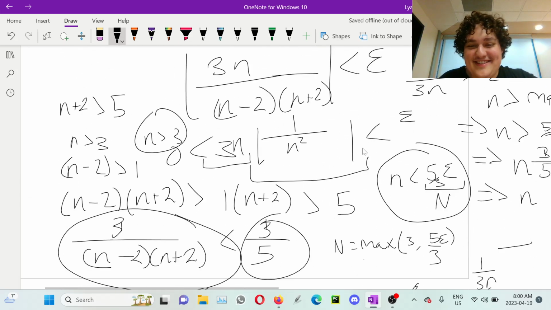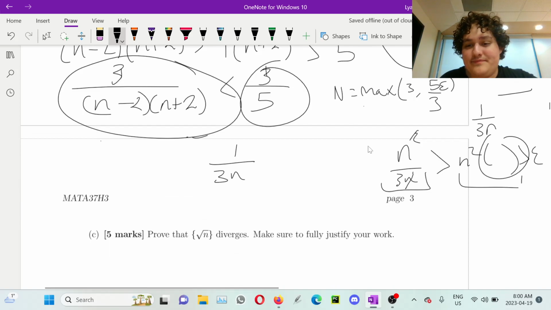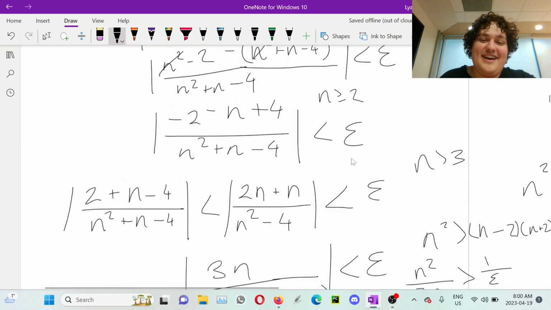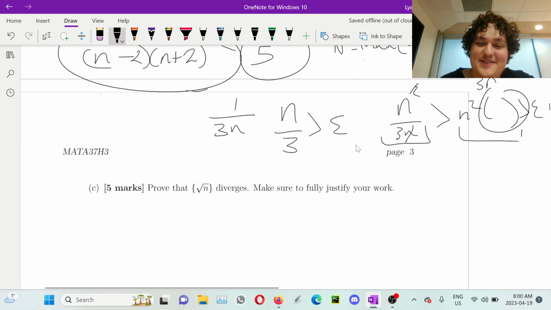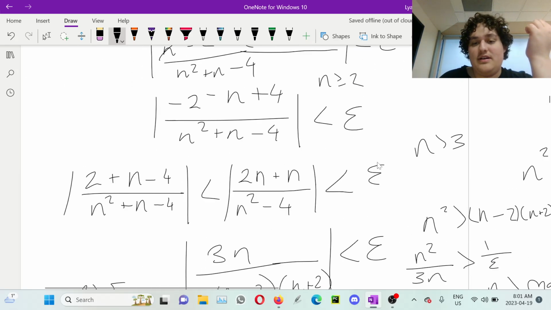Yeah, I don't know what I was thinking. Okay. You just have n over 3 is more. I overcomplicated this whole thing so much. Whatever. N more than 3 epsilon. Okay, so I should choose